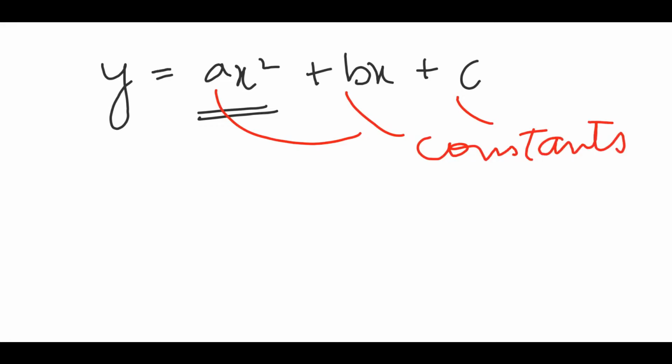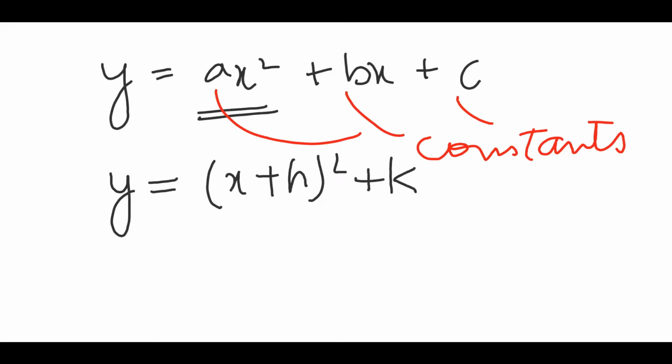Now, quadratic equations can be written in another form that is called the completed square form. We write it as y is equal to (x plus h) whole squared plus k. Here again, we've got y and x being the coordinates of the x and y axis, whereas h and k here are the